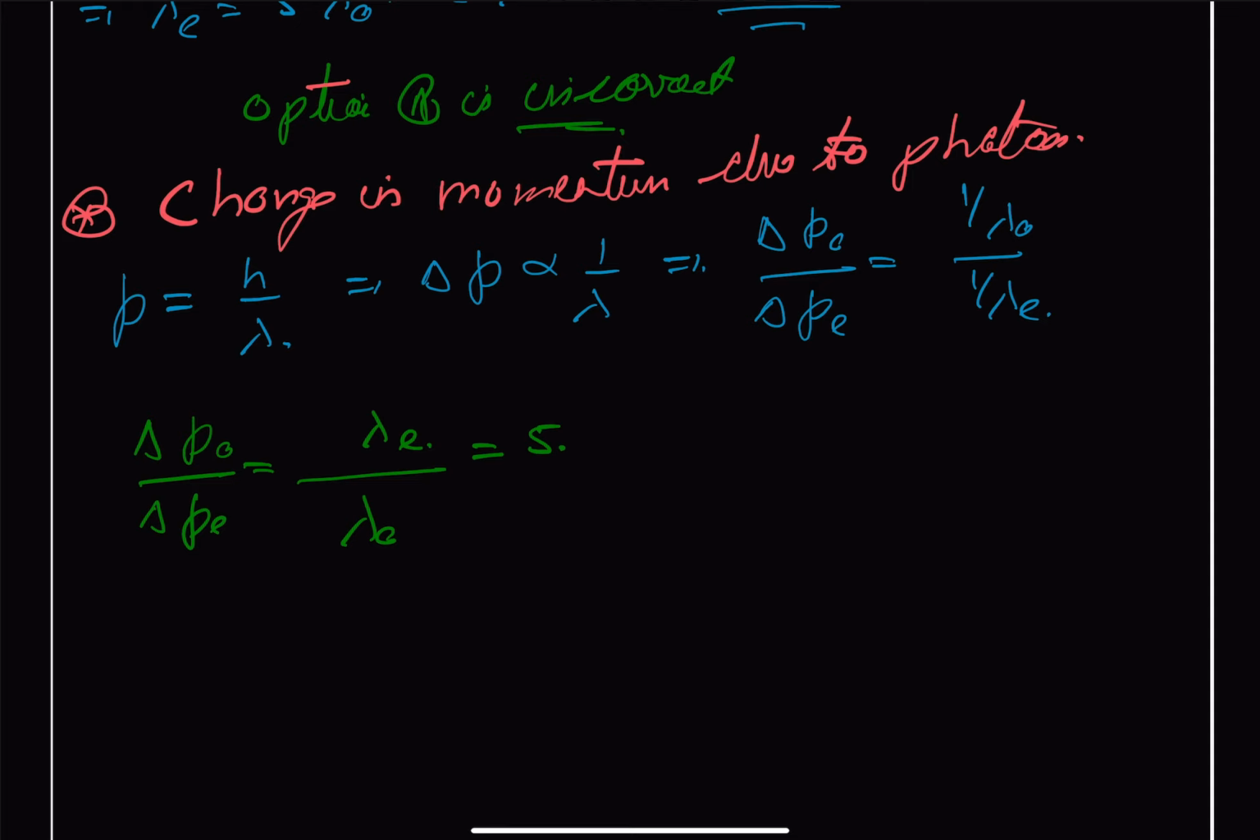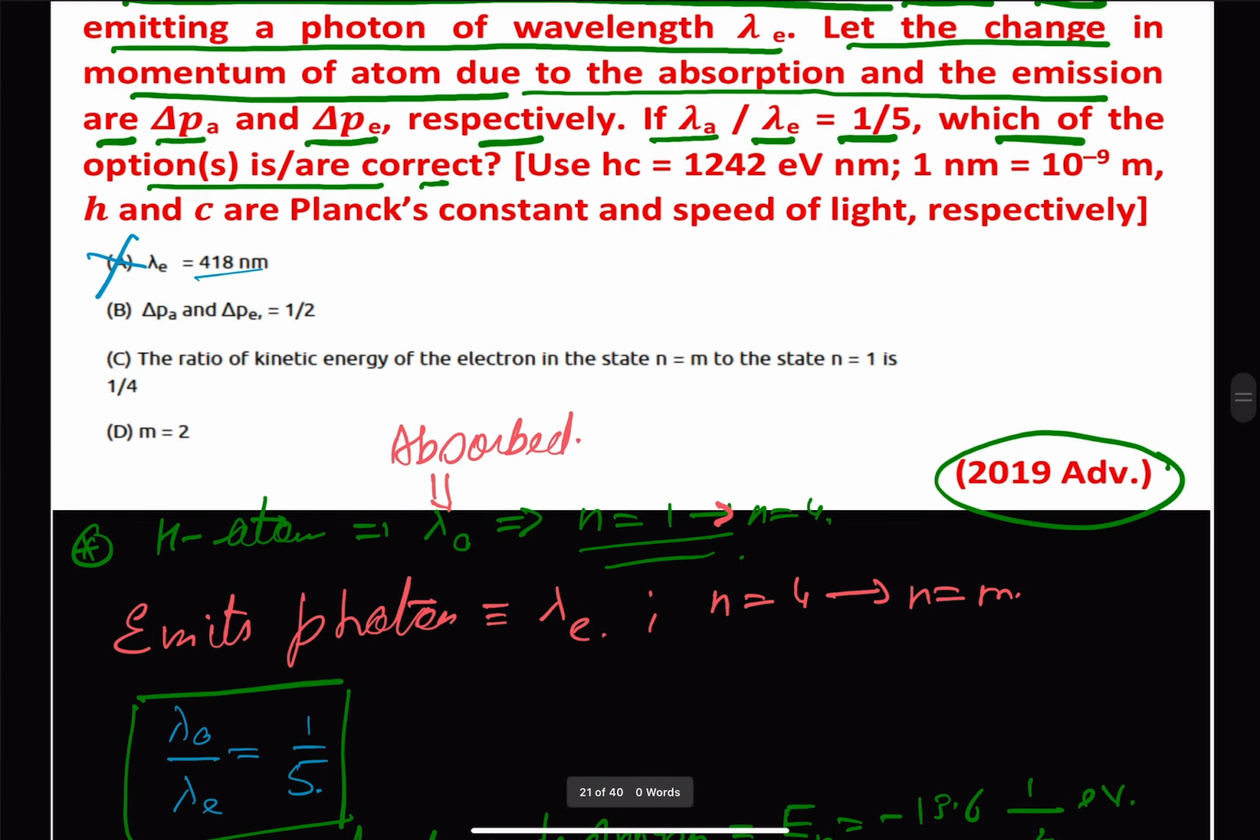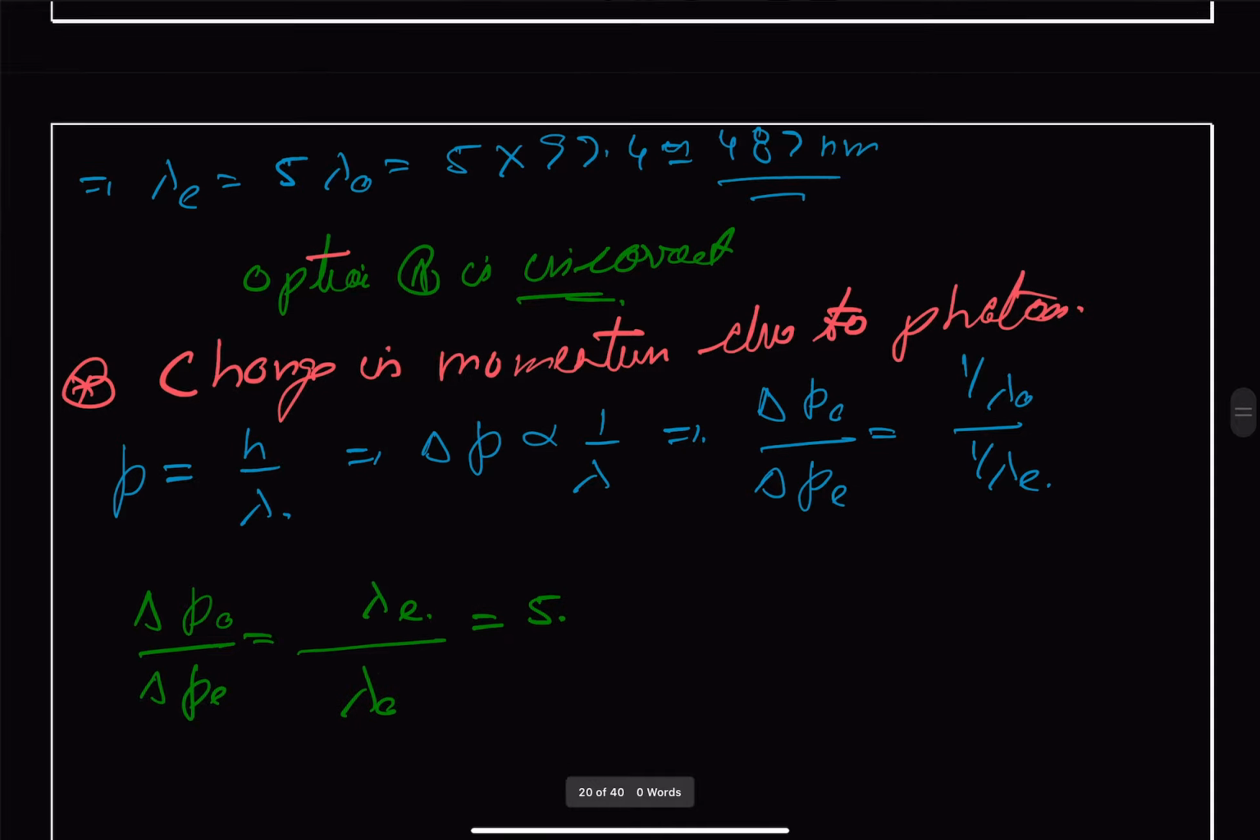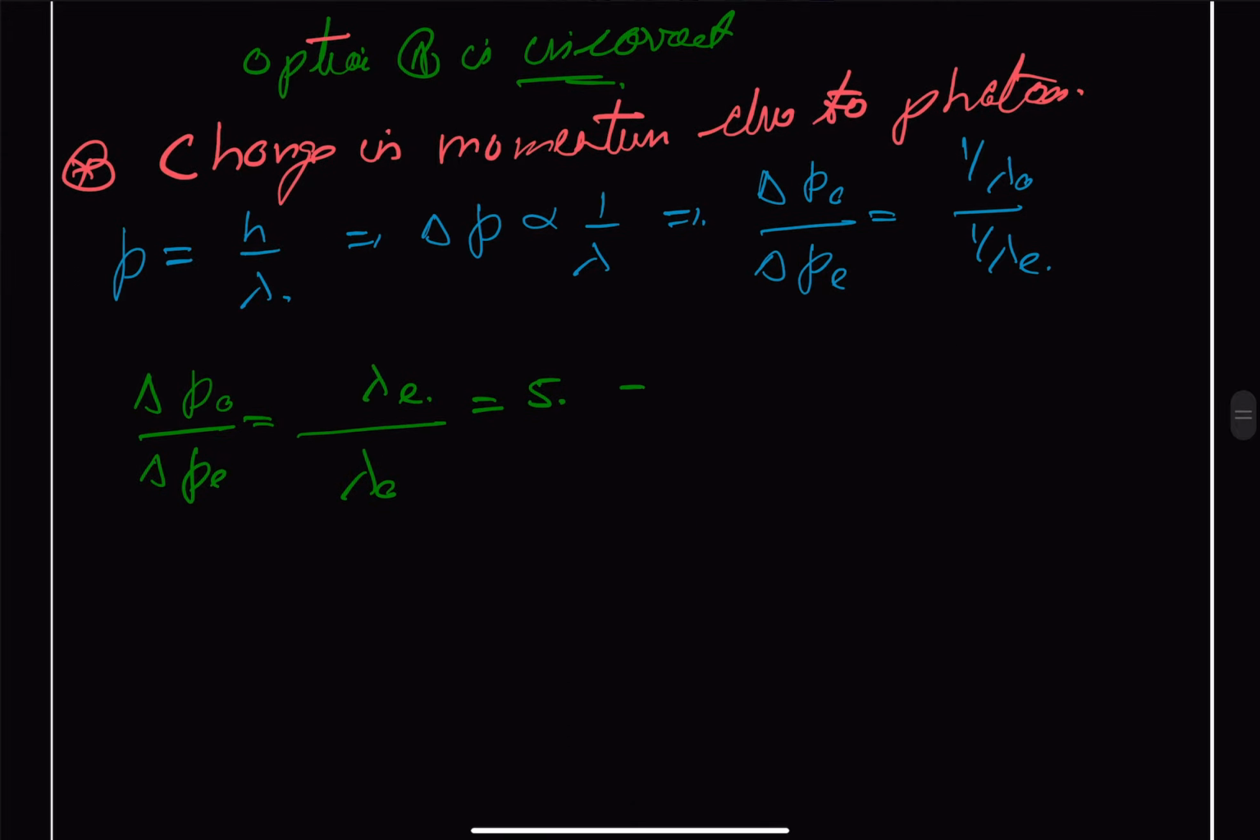And it says that it is 1 by 2, so which is also incorrect. So we can say option B is incorrect. And next is